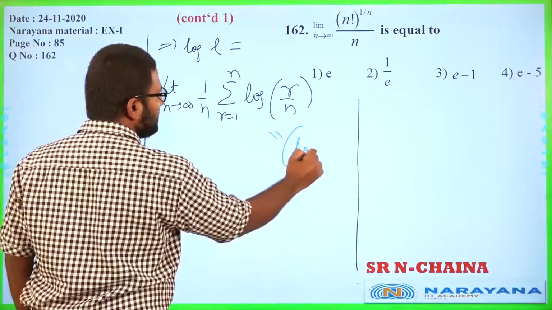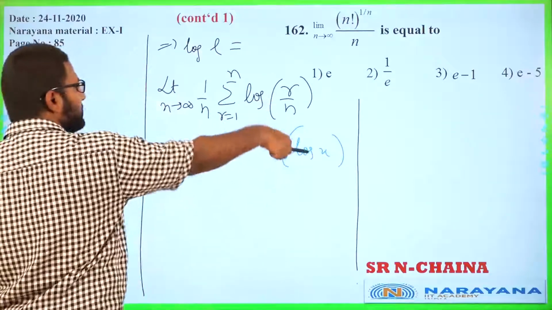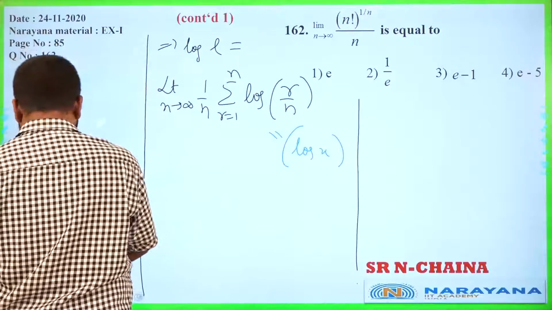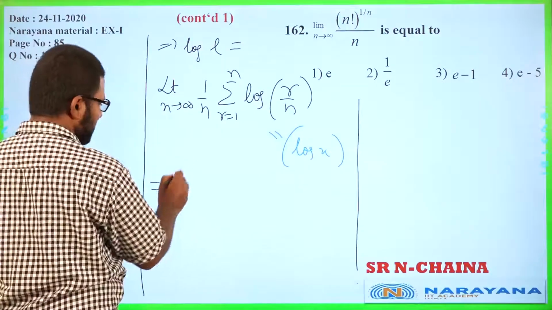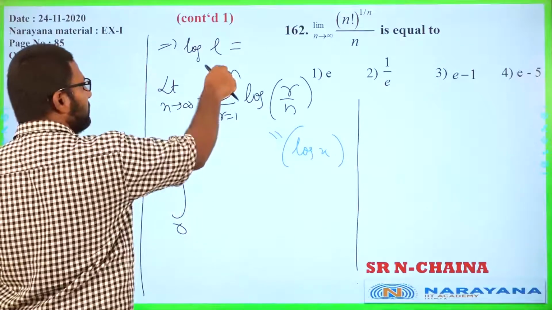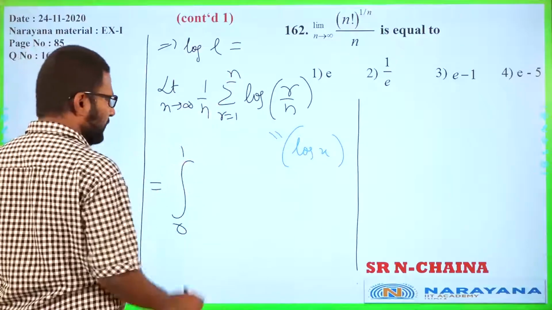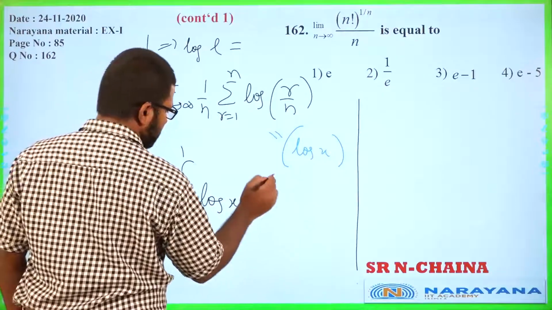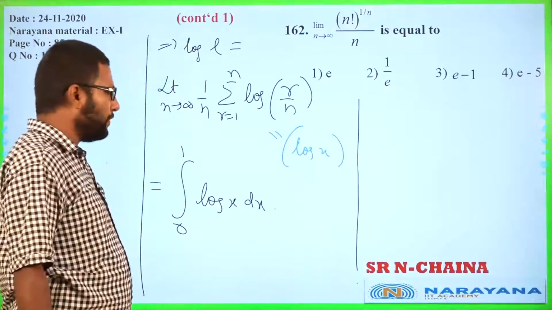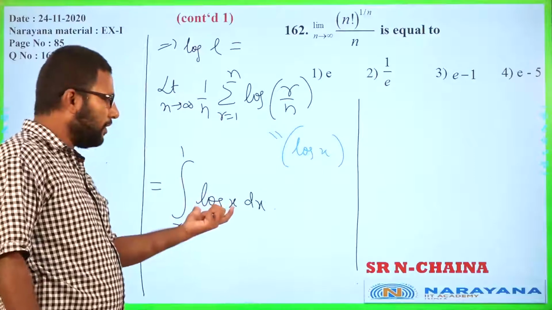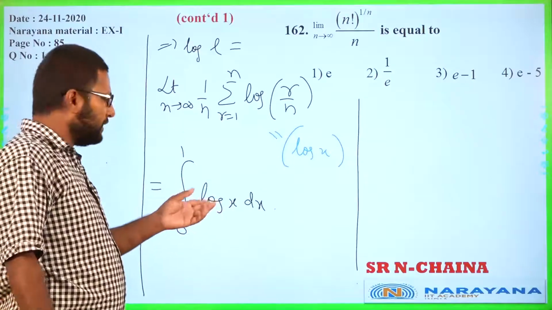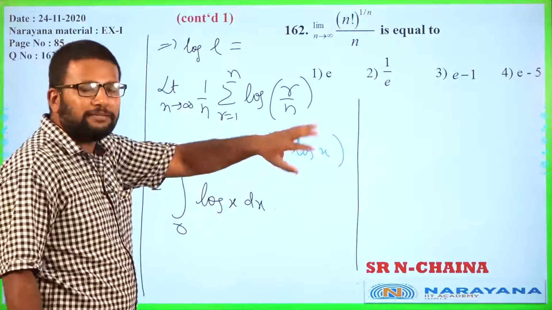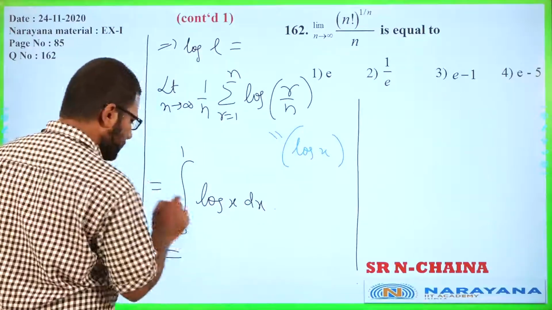Mentally, write this as log x, replace r by n with x. So, this becomes integral 0 to 1, f(x) log x dx, correct? And I hope you recall from indefinite integrals, the integral of log x. If you do not recall, then just substitute x equal to e raised to t and you can do it, okay? So, this becomes